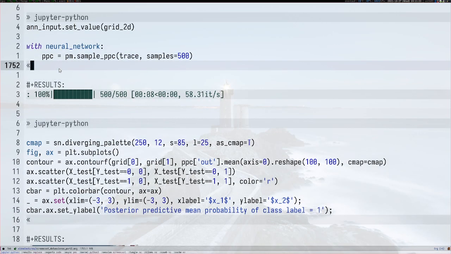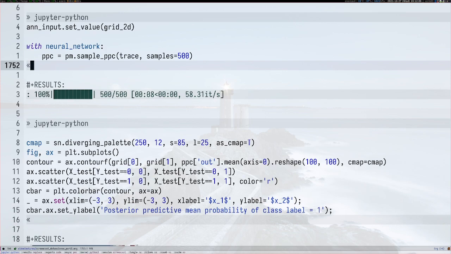In this video we will look at two figures that further illustrate the uncertainty that we have when we have a Bayesian neural network. So we can visualize this uncertainty in ways in which we cannot do with a normal neural network. To generate these figures, we're again going to use the posterior predictions, but now we're going to set the input not to the value xtrain or xtest, but equal to the whole grid. So we're going to ask for a prediction on the whole grid